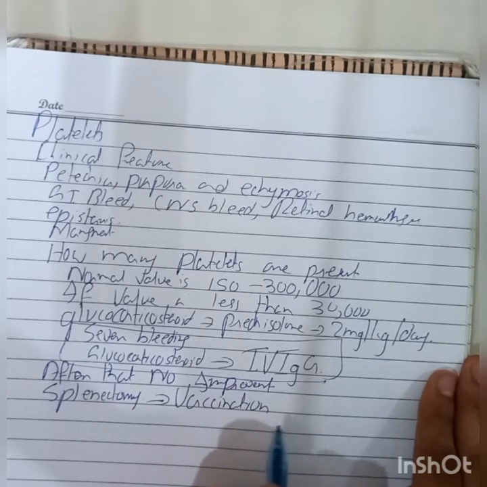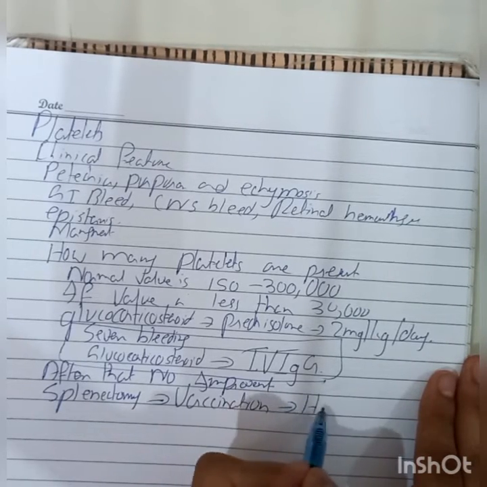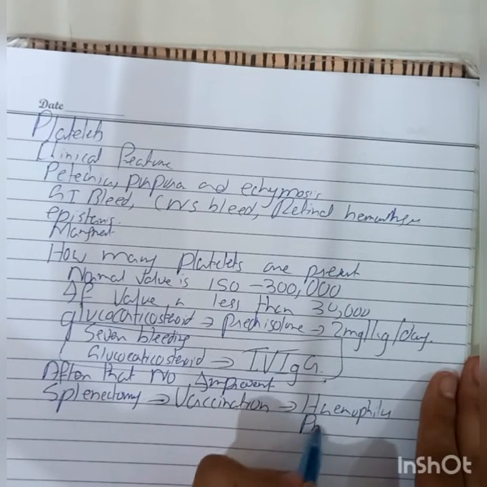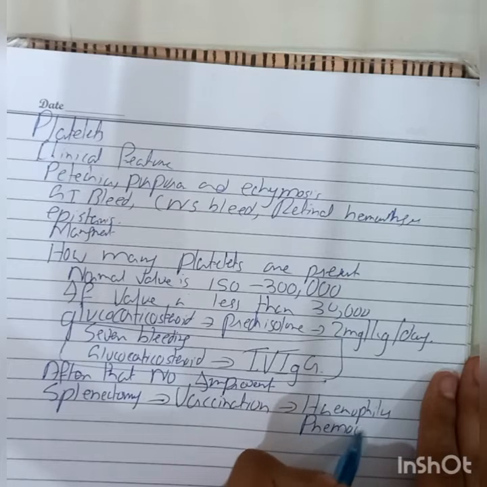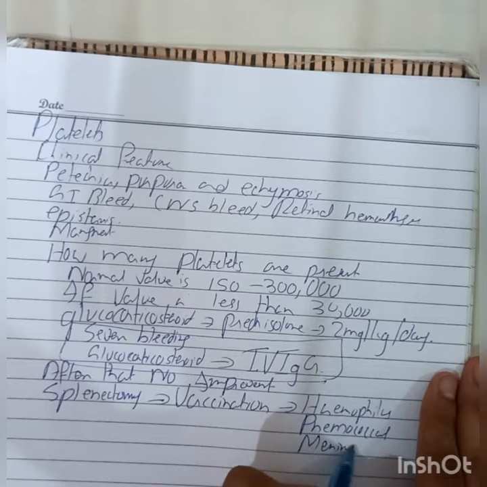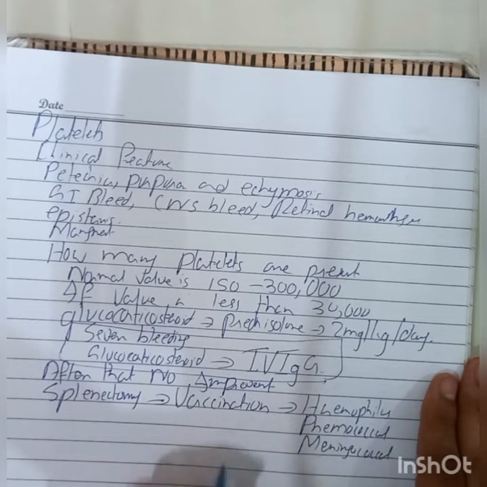So what vaccination do you have to give? Haemophilus influenzae, pneumococcal, and meningococcal. And you have to give prophylaxis penicillin V